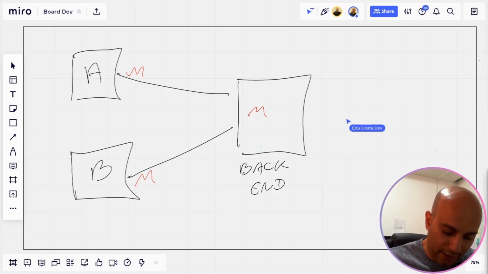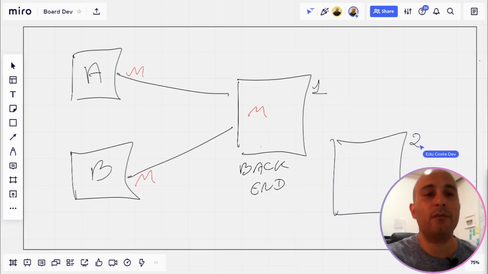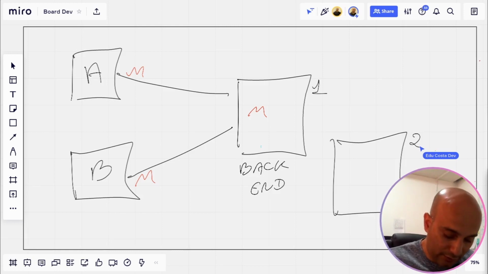So if we have more than one instance running, a second instance here, let me draw a second line here. We have instance 1 and instance 2 running together in the cloud environment. This leads us to a problem in the basic scenario. The problem is